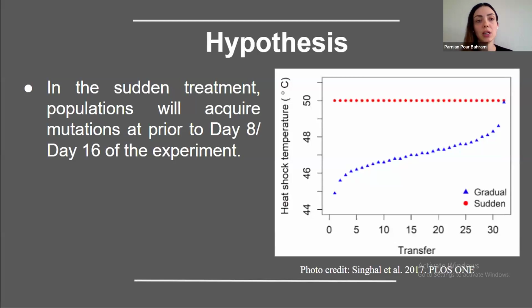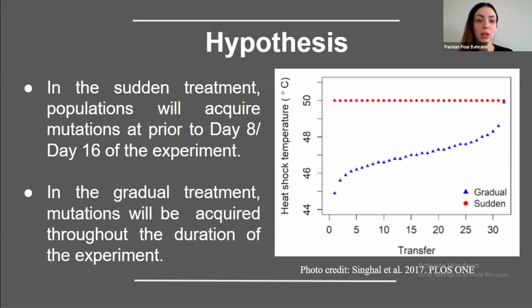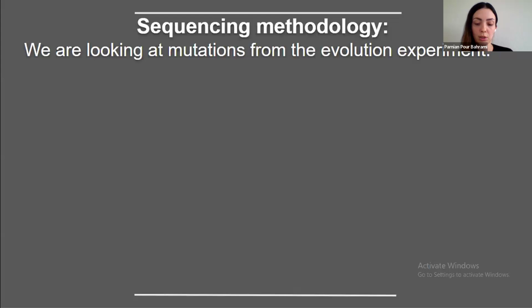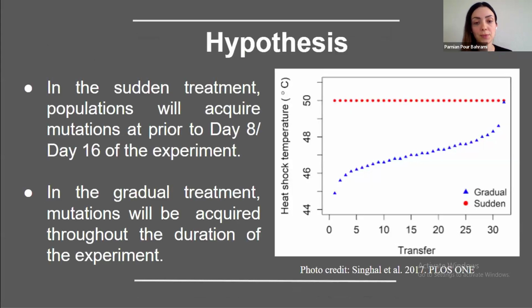As a hypothesis, we expect in the sudden treatment population will acquire mutation at the earlier stages rather than the later, and in the gradual treatment, we expect the mutation will be acquired all over the experiment. The reason that we're expecting this result is in the sudden treatment, the environment is more stressful for the phages, and we expect them to accumulate the mutation at the earlier stages to be survived by the end of